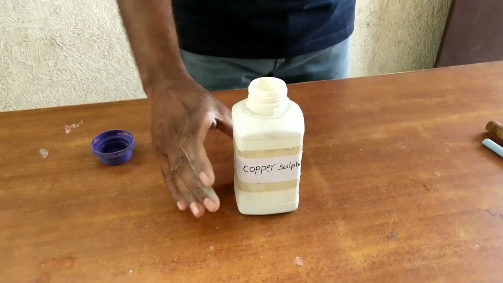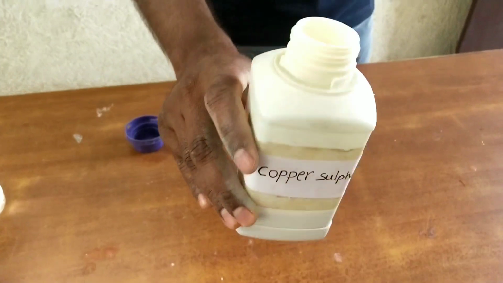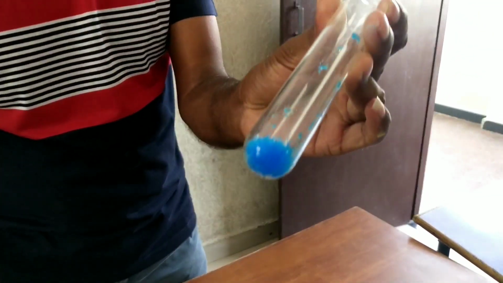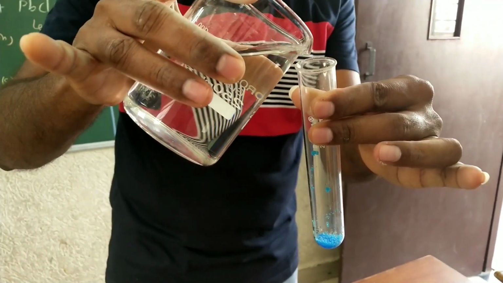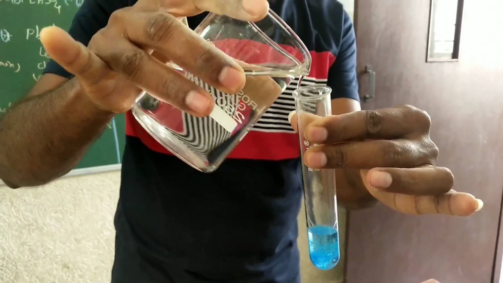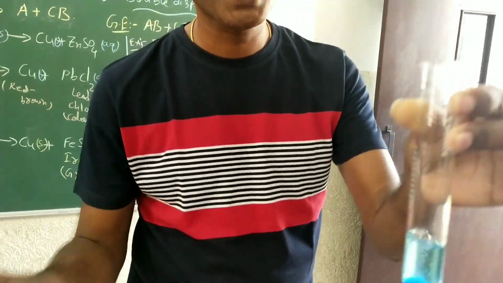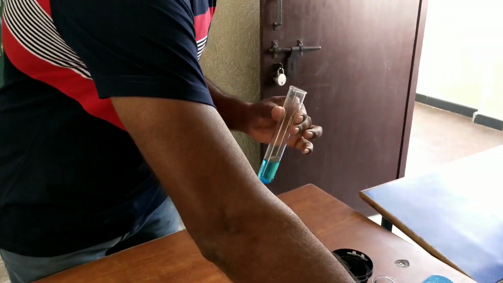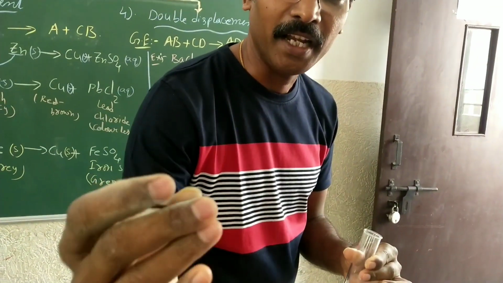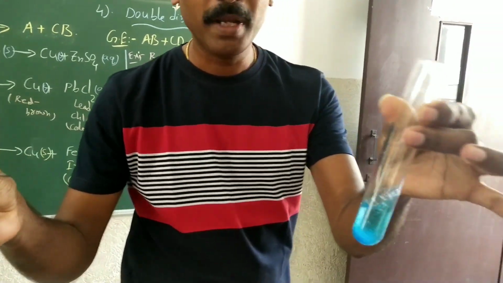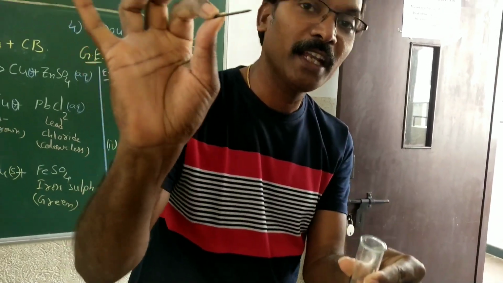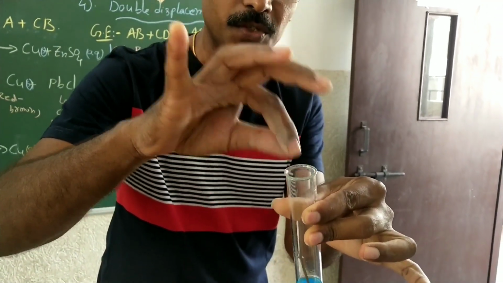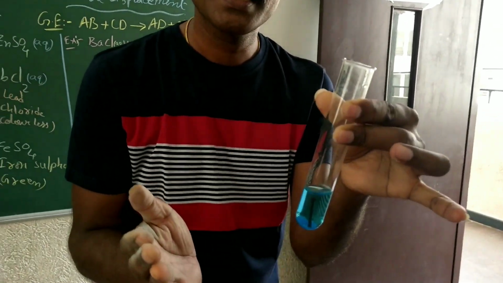Children, this is copper sulfate, copper sulfate crystals. See here, bluish in color. I took a small quantity of copper sulfate here and I am adding a few drops of water to it. So beautiful, no? Light bluish color. Now I am taking a small iron nail. See, this is an iron nail, very clean and neat, and I am dropping it into this. This iron is more reactive than the copper in the copper sulfate solution. It displaces the copper from its solution and forms iron sulfate and copper.